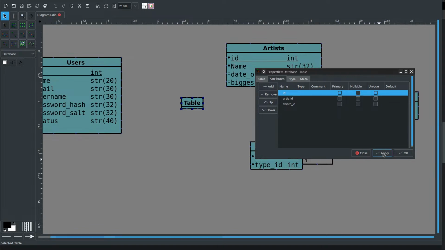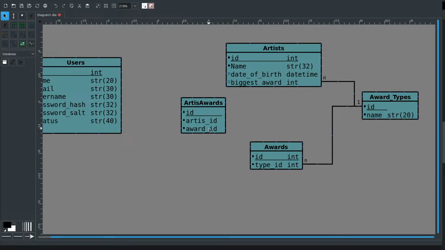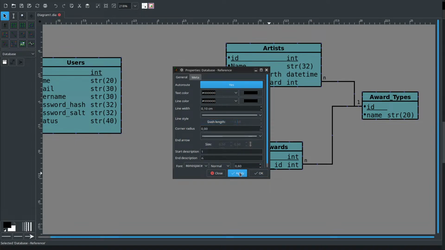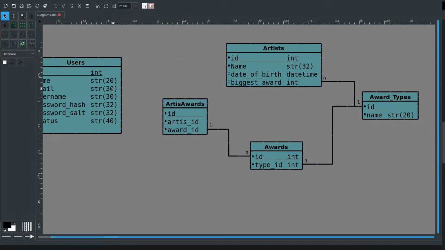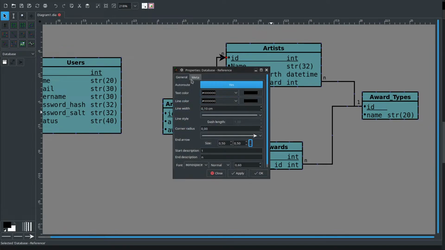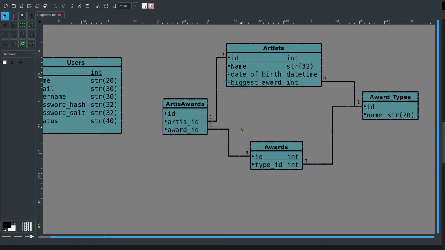Primary, unique. And how this looks is the award ID goes here. Don't really like this arrow. Sure, there's a way to change it. And this goes to the artist ID. Right. So what it means is that each artist will have a bunch of